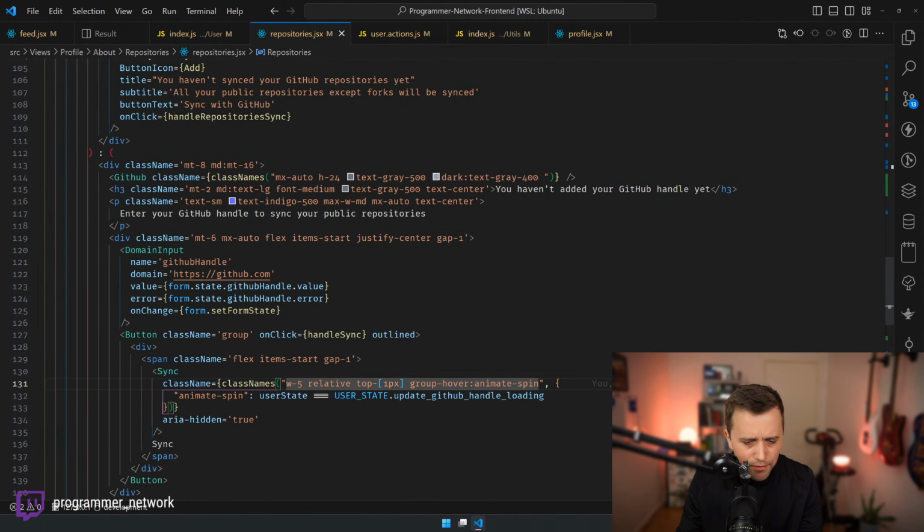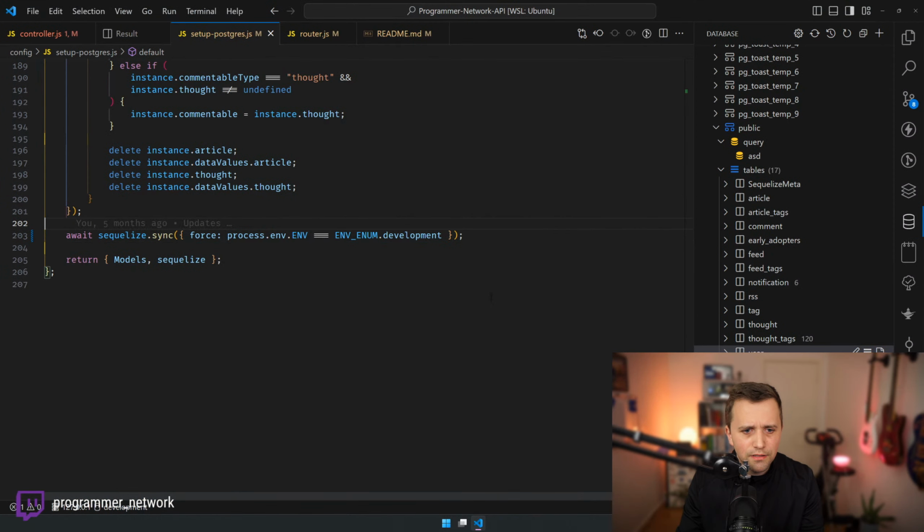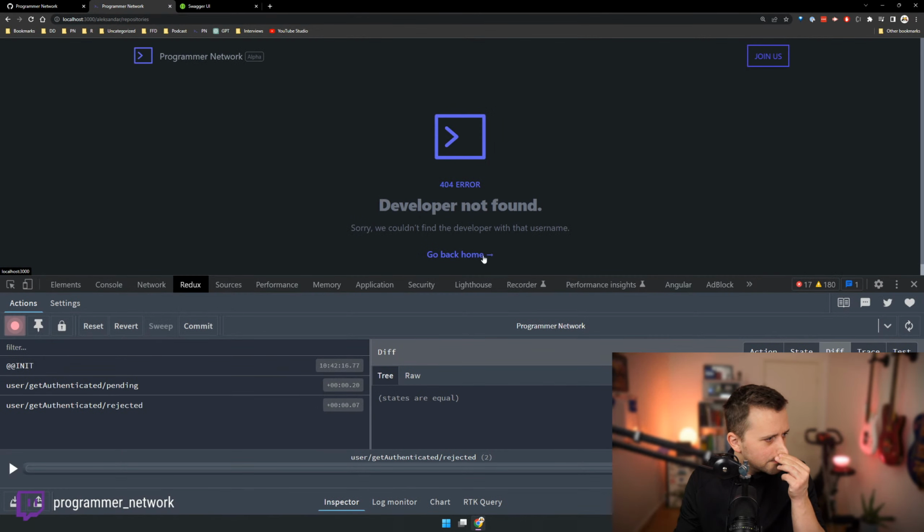And then I think this is the problem. So it's not this. What was it? It's like sync git. No, yeah. So this no longer exists, right? Okay. So let's just do this.